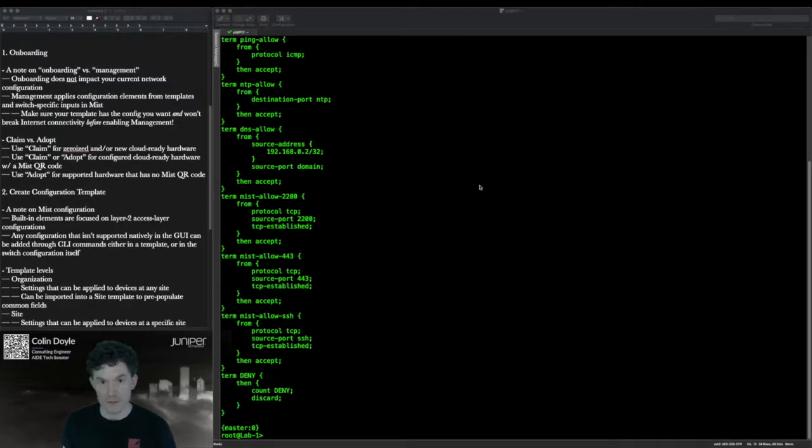I mentioned there's a difference between onboarding and management. When you onboard a platform into Mist, you are applying a minimal configuration so that that device will phone back to a Mist cloud resource and pull in some of the elements that Mist requires to collect information and telemetry and statistics on the device. The onboarding process does not change any of the network configuration. So you can onboard a switch that is in production without having an impact on that switch's ability to switch